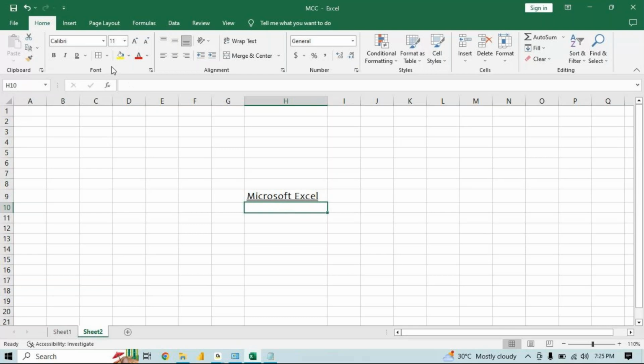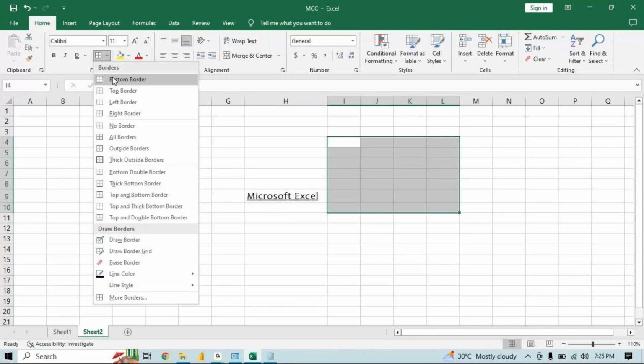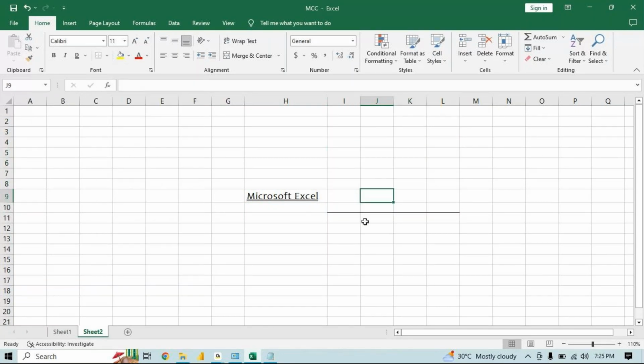Okay. Next, borders. Select like this and apply the borders. Bottom border, you'll have the borders at the bottom. Top border,